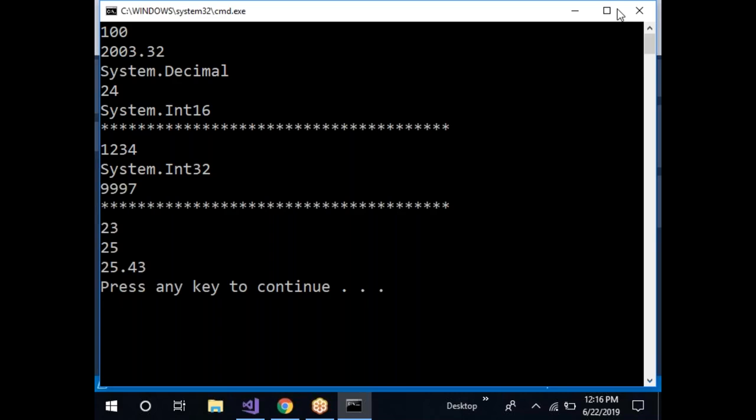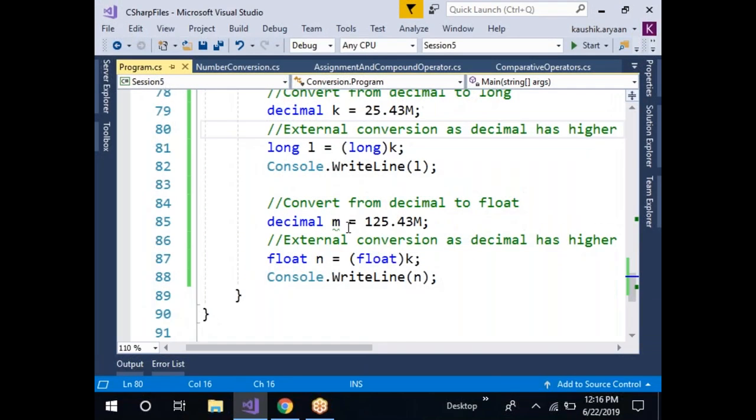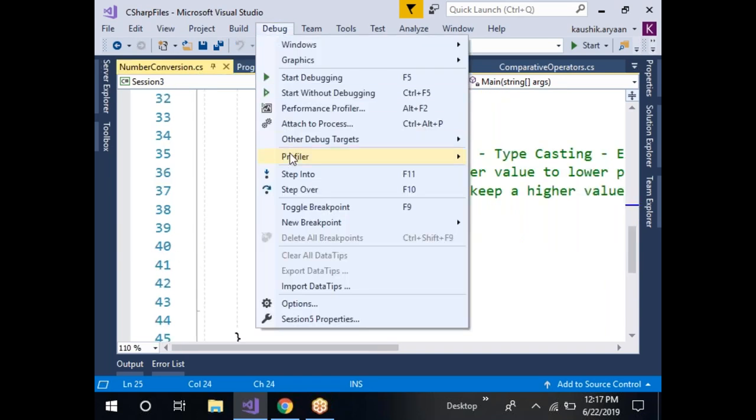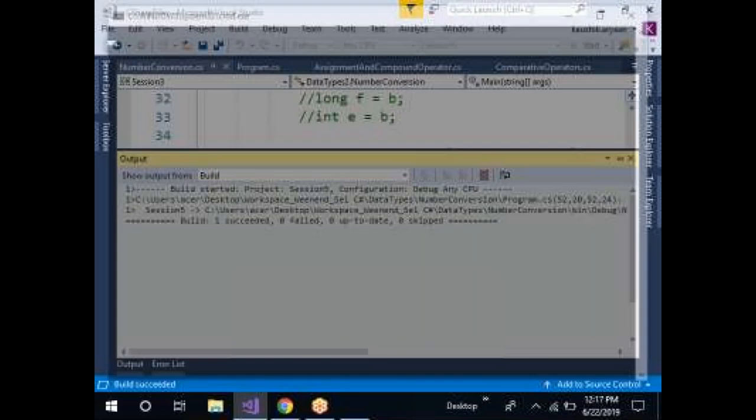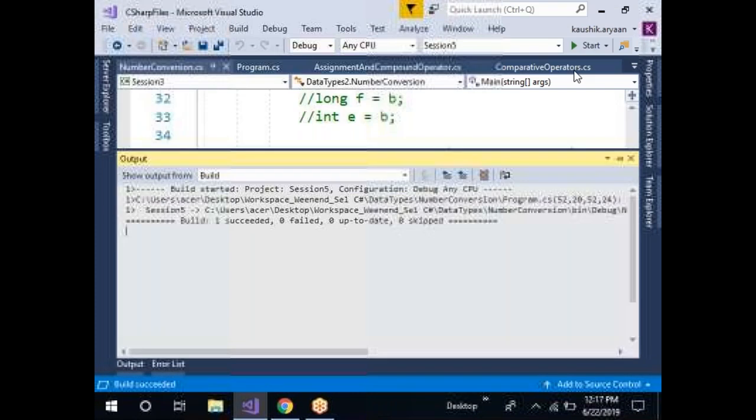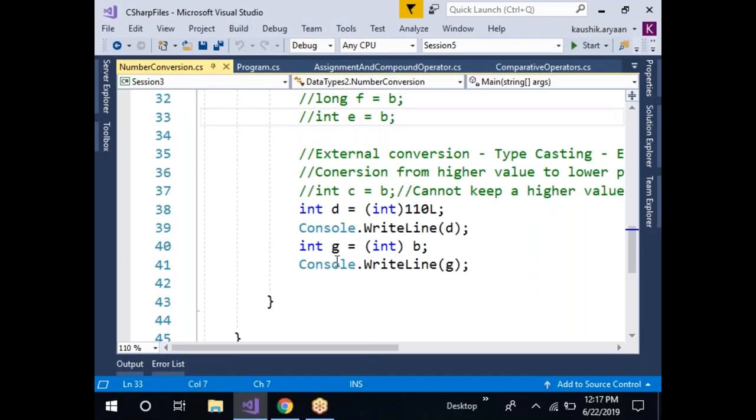25.43 output is coming. Did I change it? Oh, I'm using K, and this is M. That's why it came like that. Now I should run this. 125.43. Okay. Now please understand one thing: decimal is higher than your